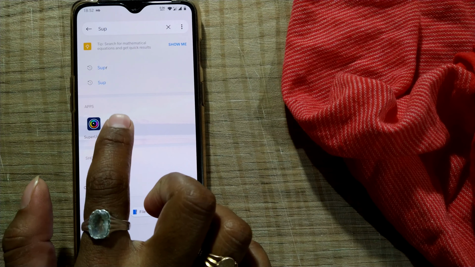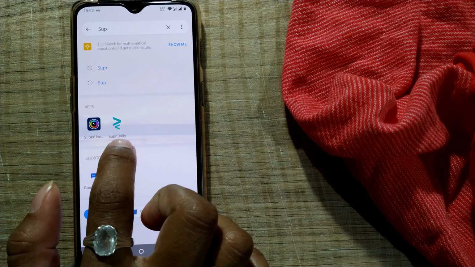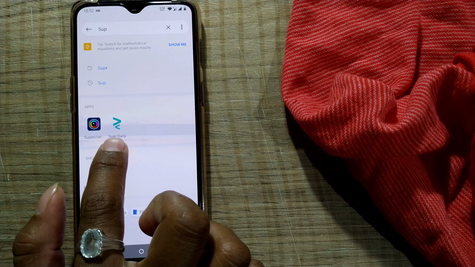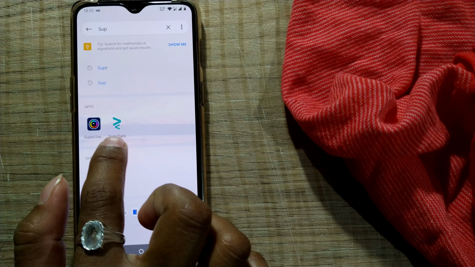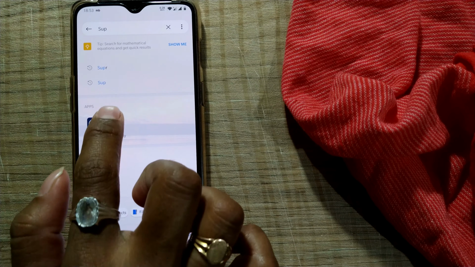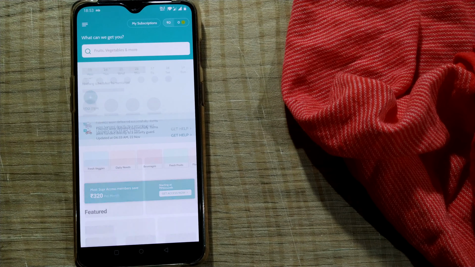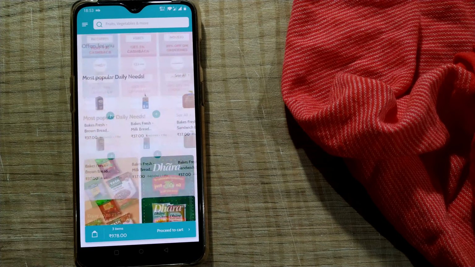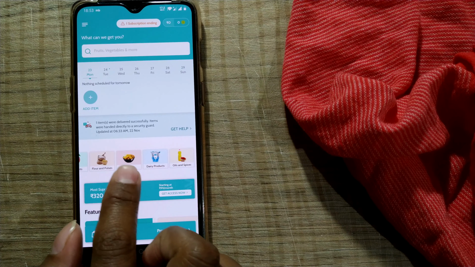So first of all, you have to just open it. If you haven't installed the Super Deli app, you can install it using Google Play Store. You can see this is the icon of Super Deli, and this is the thing that you have to install from Google Play. For now I have already installed it. I'll just open my Super Deli app. And once I do that, you can see this window will come up. Once this comes up, you can see a lot of things appearing on your screen.